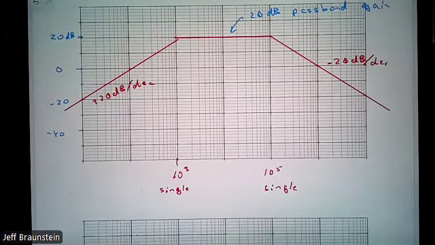So there's an important comment. We can always make a band pass filter by making a low pass filter and then making a high pass filter and doing it in a multi-stage circuit. What's fundamentally not good about this particular circuit? Yeah, 20 dB is not a great stop band.